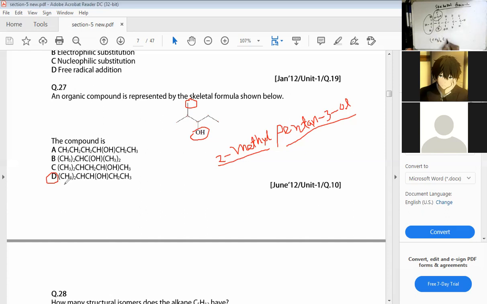And another one is hydrogen. Then this carbon, and there is a hydrogen with this carbon and OH with this carbon. So OH as a branch, so we show it in bracket within bracket, okay? Then here CH2, then CH3. So for this carbon, these two we can show in bracket as a branch, no problem. So the answer should be D. I hope you got it. Now for the next one.